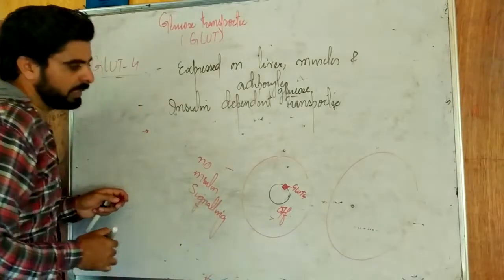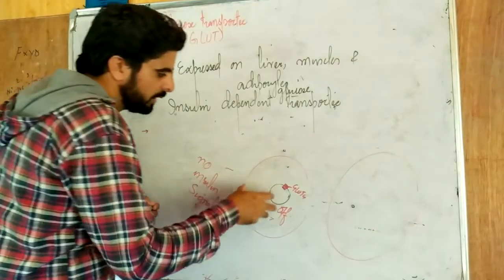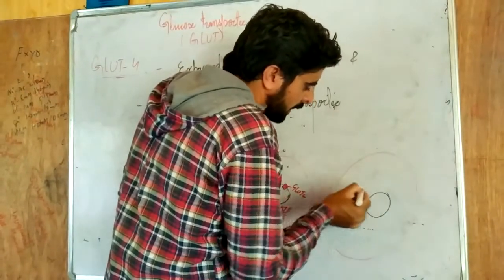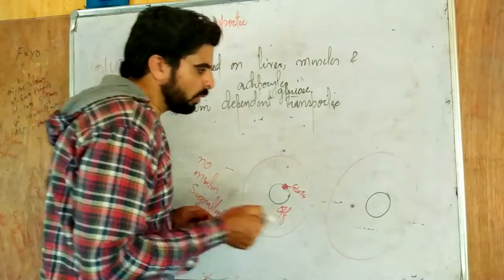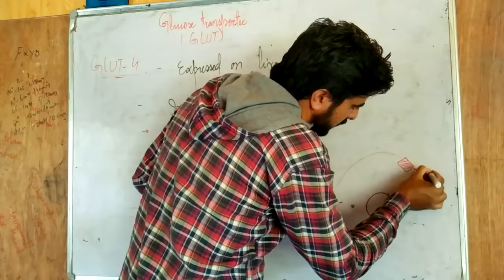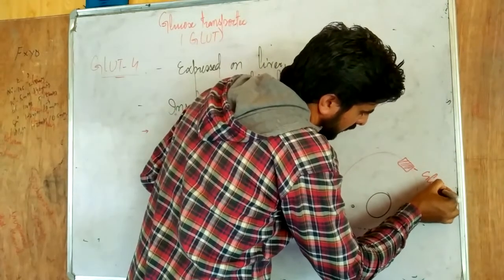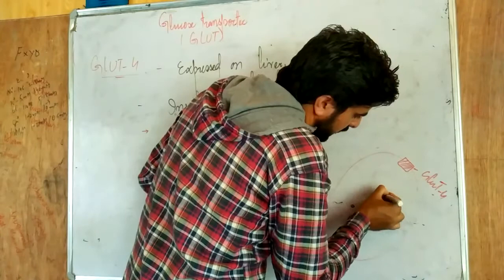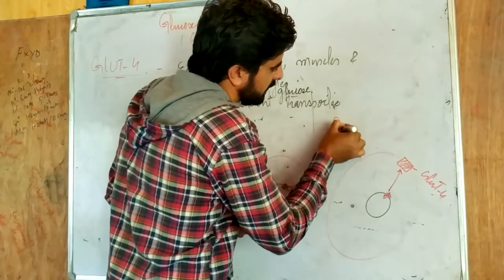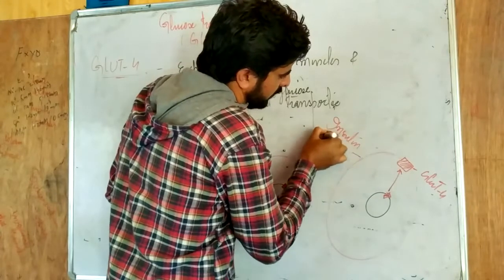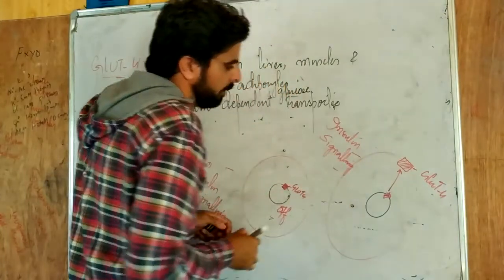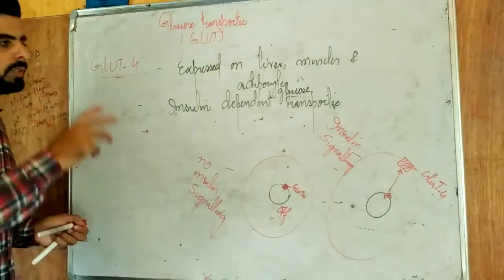So insulin signaling is absent. At that time, GLUT4 is present on an intracellular vesicle. But when insulin signaling comes, what happens? Now this GLUT4 gets expressed on the membrane of the cell. Now this was here actually, now it gets transported here when there is insulin signaling. So insulin signaling leads to the movement of GLUT4 from the intracellular vesicle towards the plasma membrane.